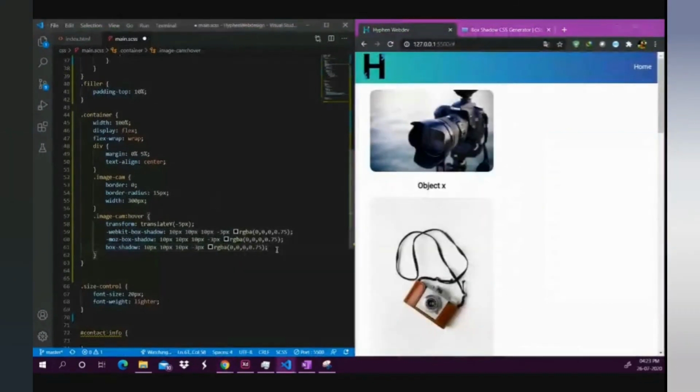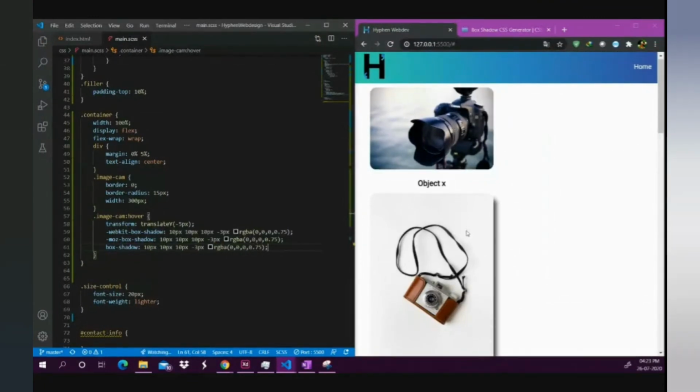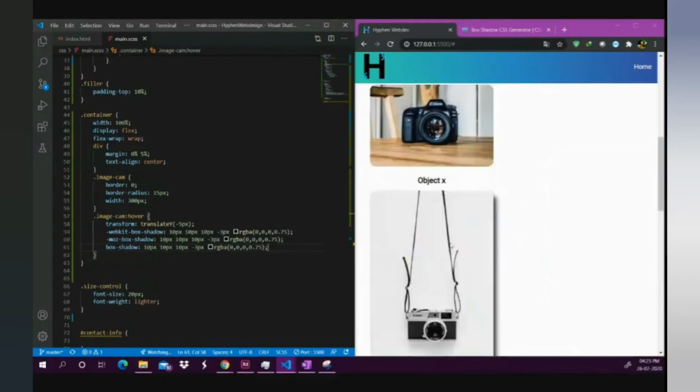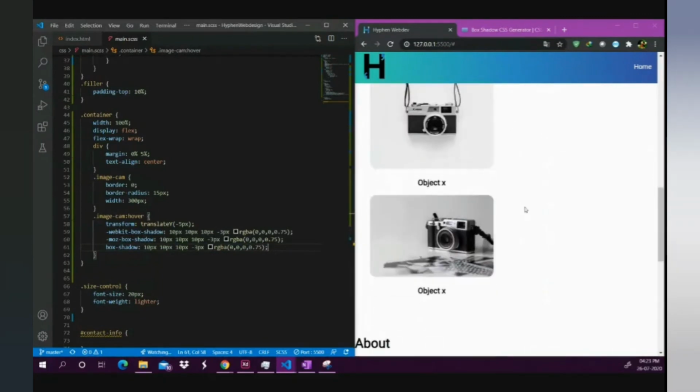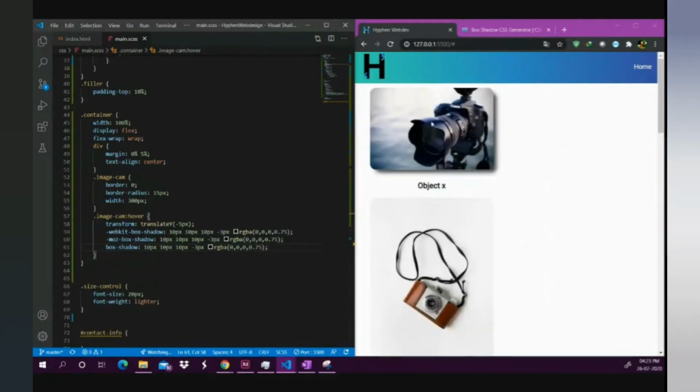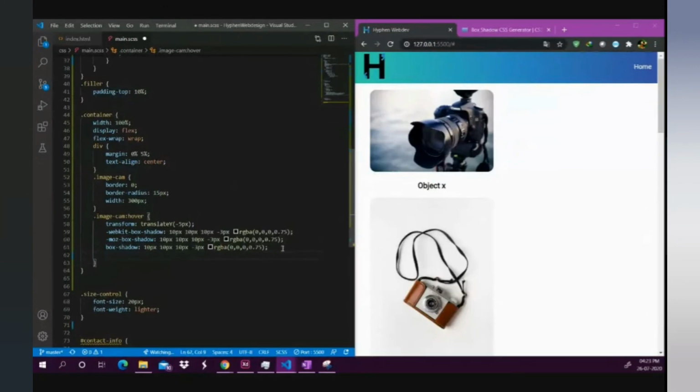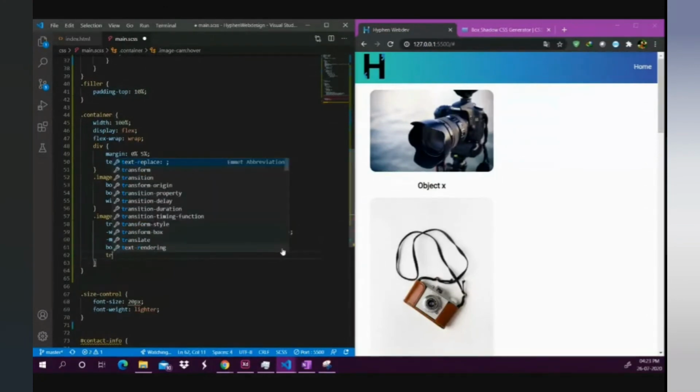Now, when we save it, we can see that when we are hovering, there is a shadow. In every single one, there is a shadow. Now, you can see that it is really abrupt. I mean, it is jumping up, then down, and it doesn't look really good. So let's animate it. To animate it, we're going to use the property transition,